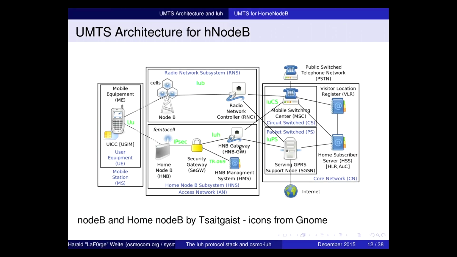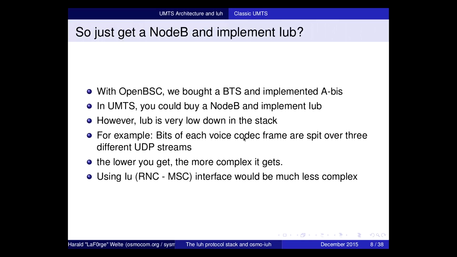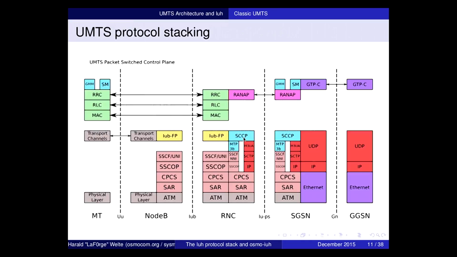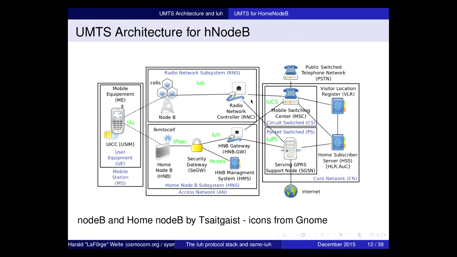To make things more complicated, the femtocells that you can find on the market are slightly different from the real normal 3G architecture. So if you compare this slide with that slide, you will find some differences. The difference is that they introduce a security gateway, which is just ITU and 3GPP language for an IPsec gateway. You have a home node B gateway that doesn't really do anything useful, other than putting messages from one protocol stack on the left to another protocol stack on the right, with the underlying protocols doing exactly the same thing but being differently encoded.